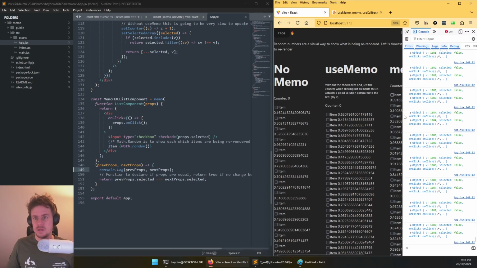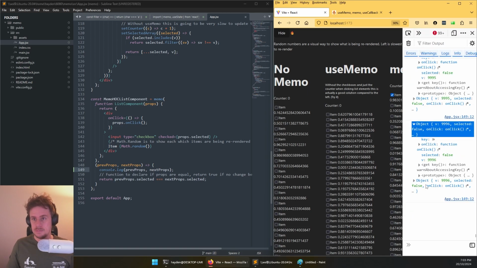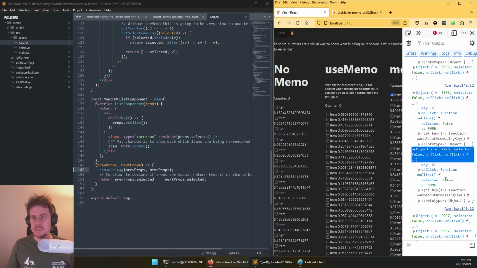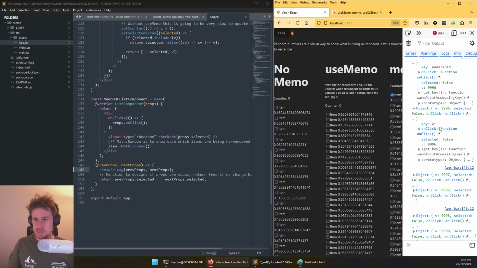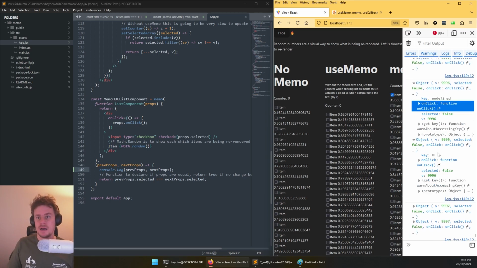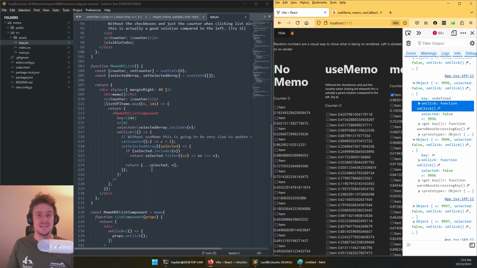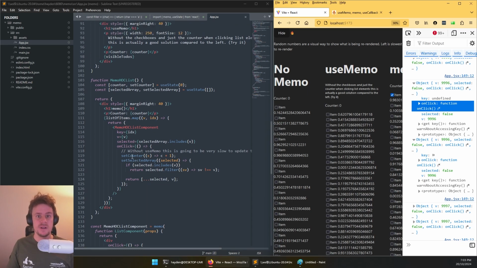So if I click this one, oh, we got a lot of them here. So let me zoom in on this a little bit. So yeah, you can see selected is false in both cases. Key is undefined, on click. This is where things get really hard with larger React apps, right? Because you can see value is the same, selected is the same, but sometimes on click can be different because, say for each state render, maybe the set counter function or this function or some component of this changes every single time,